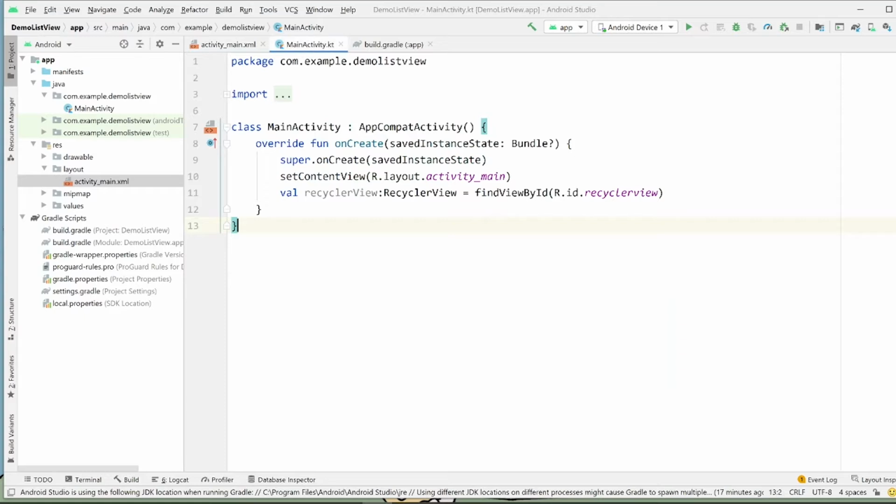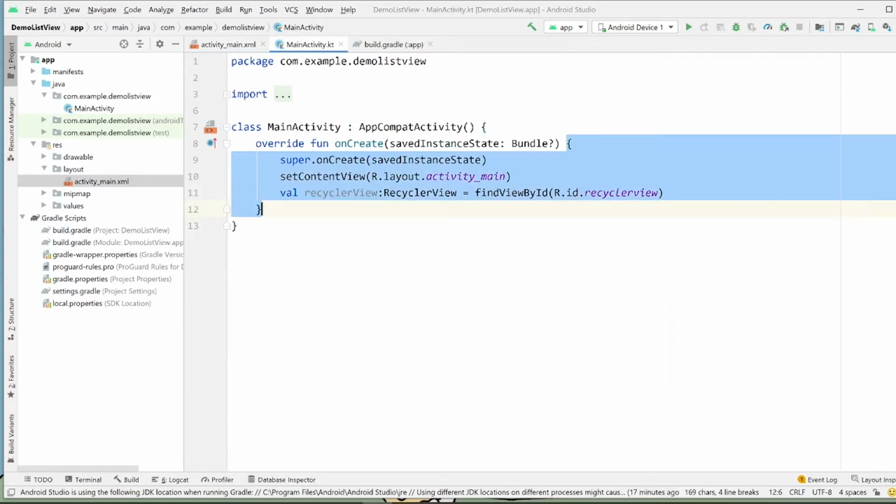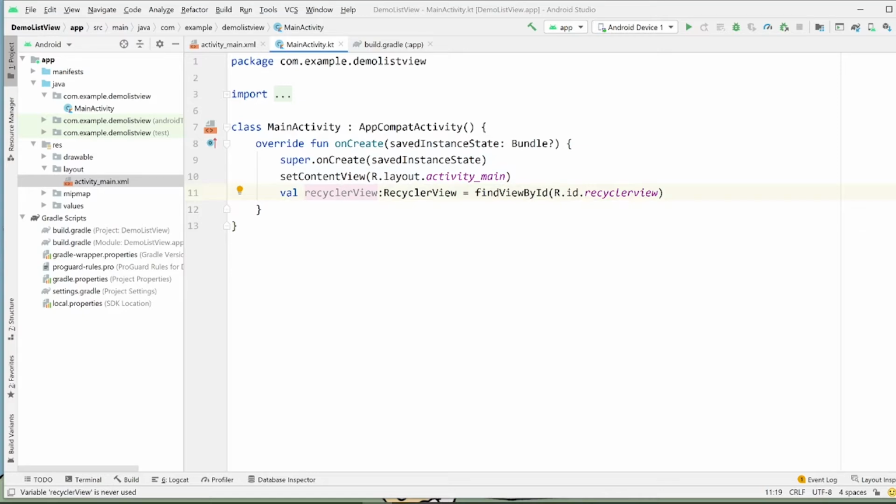And then I'm going back to the main activity. I get this RecyclerView programmatically, and the next step I would do is to declare the LayoutManager.